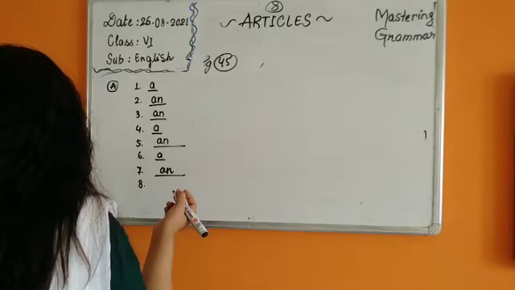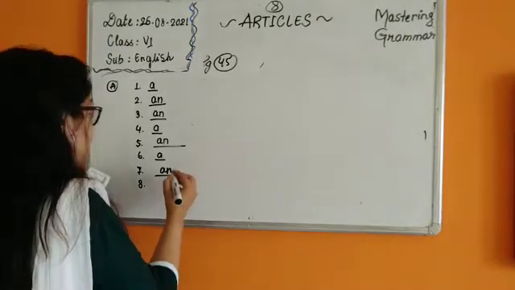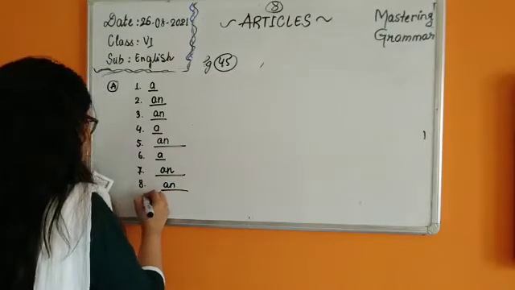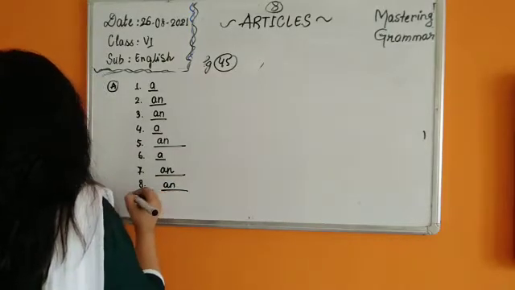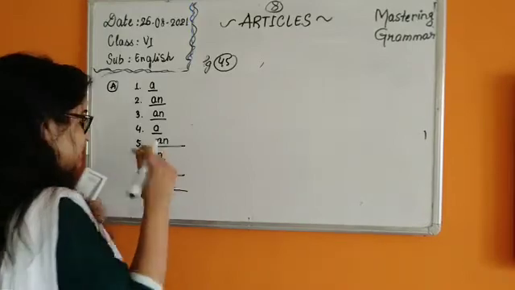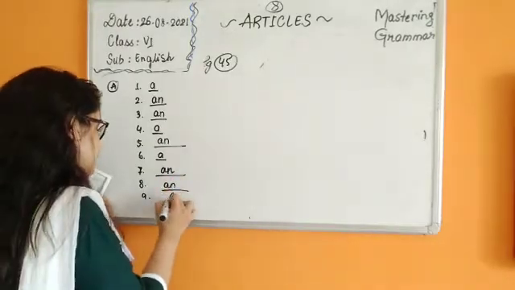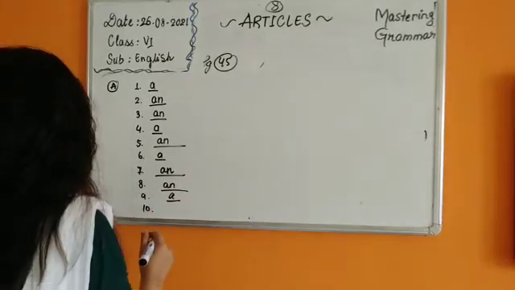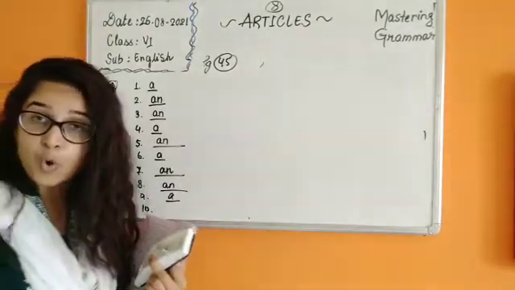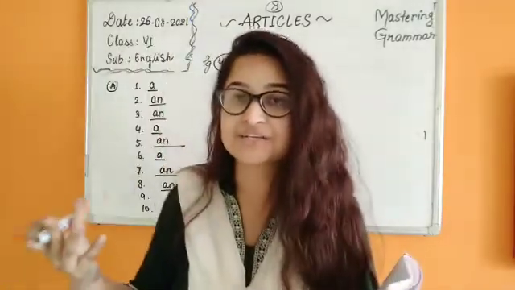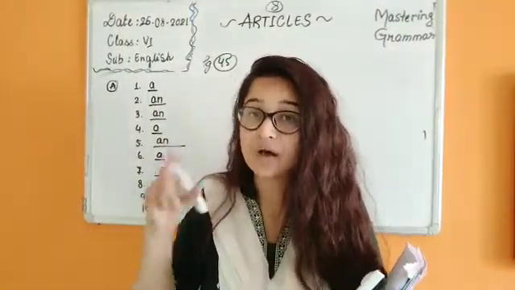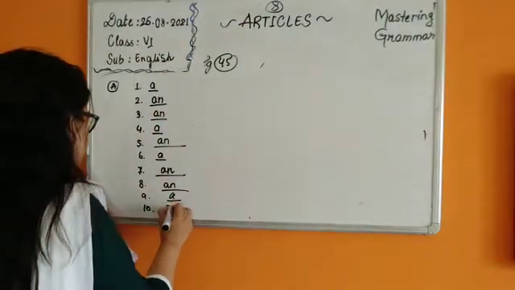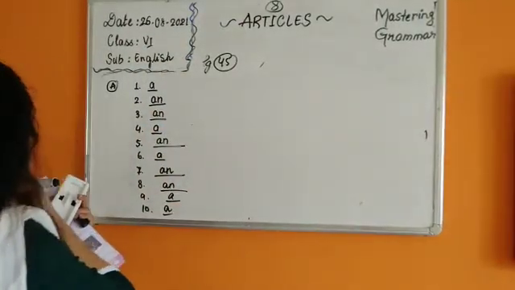Honorable, H is silent again. Shane Watson, dash Australian. 'O' sound is there, an Australian. Okay, now number 9. You had dash lot of time. 'L' sound. So, a lot of time. So, with phrases we can use a. Number 10. Give me dash one rupee note. Although O is, children, in the English alphabet, a vowel, but in 'one', the 'wa' sound is there. So, we are going to use a. A one rupee note. Yes, coin.